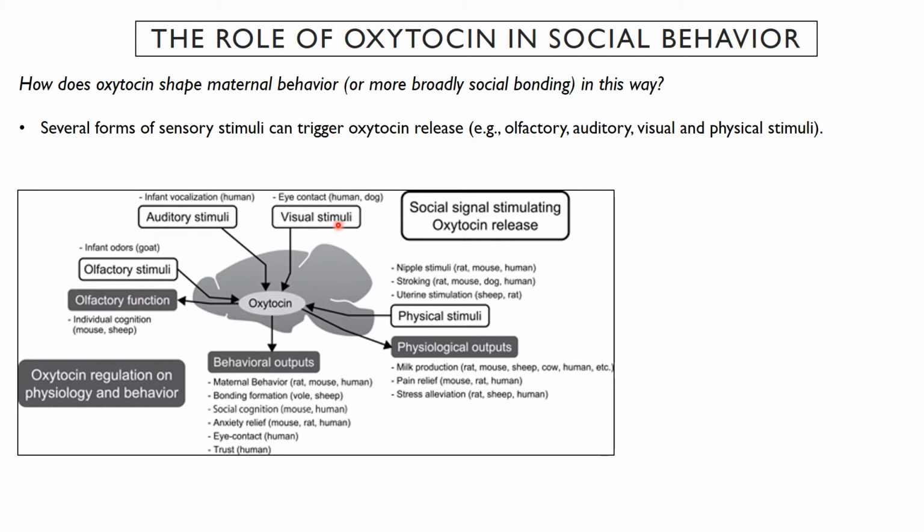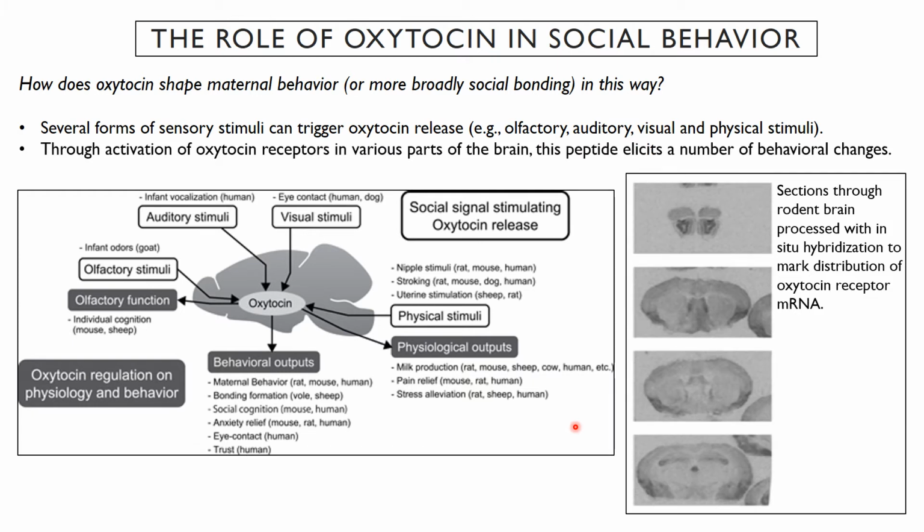Eye contact is very important for certain species. This is especially true in humans. Seeing babies itself can trigger an oxytocin release. Dogs and humans can have affiliative contact that can be influenced by oxytocin as well, just mediated by visual stimuli. So all of these factors will lead to surges in oxytocin, and there will be behavioral outputs such as maternal behavior, social bonding, social cognition behaviors, and anxiety relief, which is another aspect of oxytocin release, a whole variety of factors.